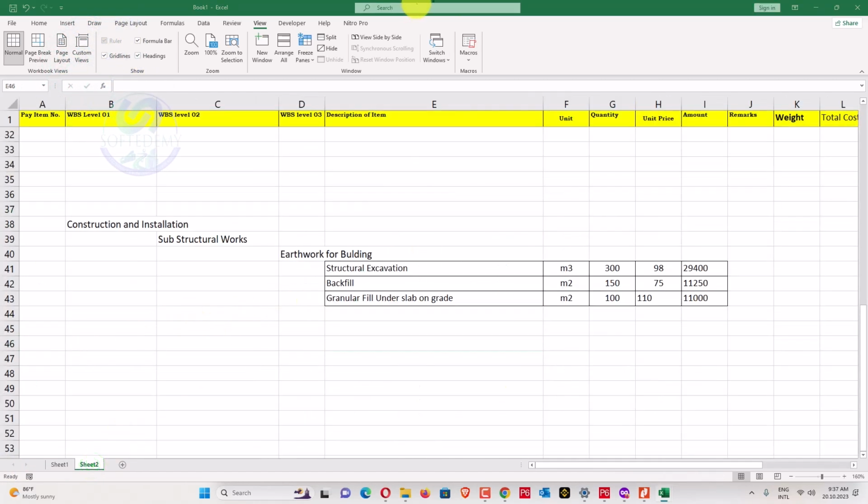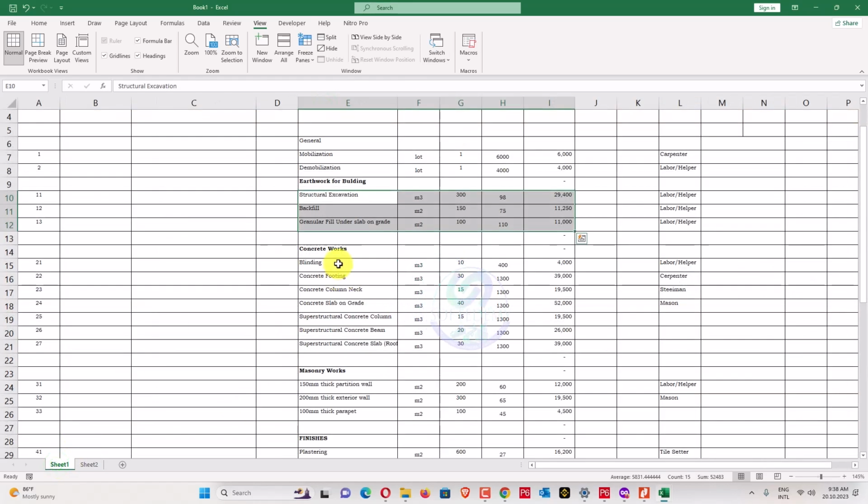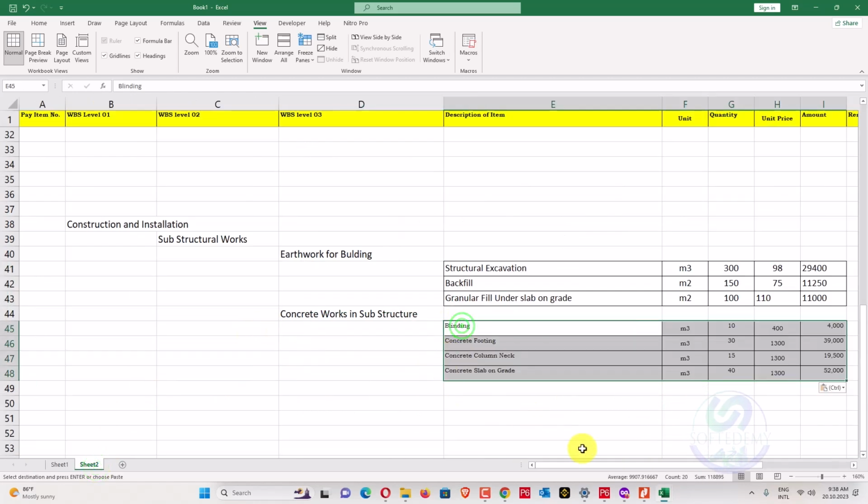And what other work will we do? Concrete work in substructure, and that concrete work you can see here, this one all, and we'll copy this one and paste. So this is it.